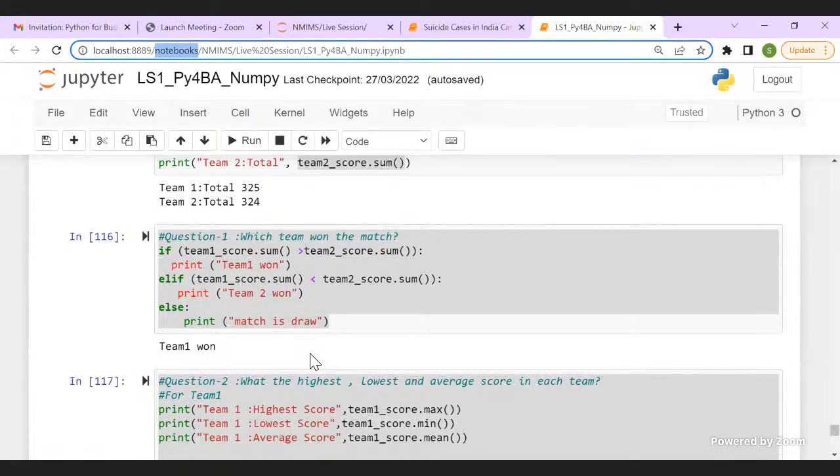You will have no other option but to use NumPy and Pandas. The questions will be framed like that only. So don't worry. The limitation is that you have to do the coding in Python. You cannot get the answer using an Excel sheet. Okay. Any other questions?